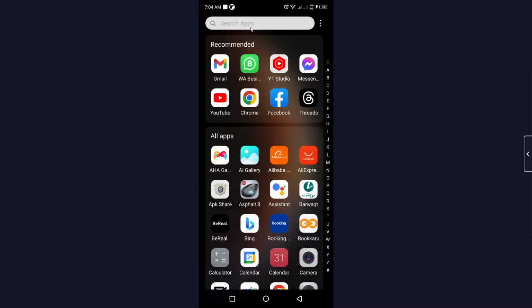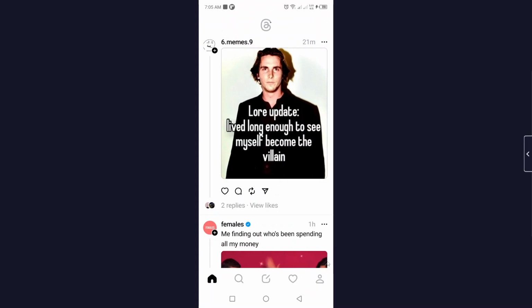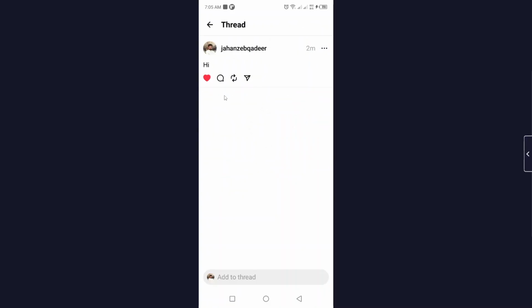The first step you simply need to do is to open the Threads application. Once you open it, you simply need to click on the profile picture in the bottom right corner. And here you can see my sample thread because I recently joined Threads. Here I am going to click on my thread and click on this, and from here you can see